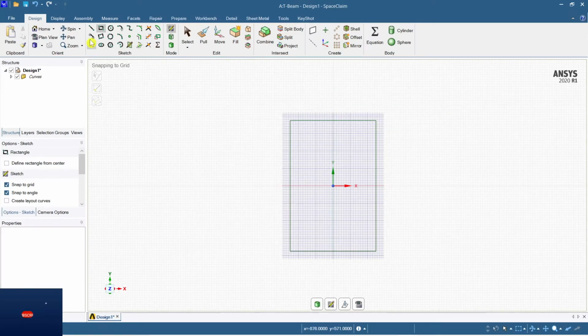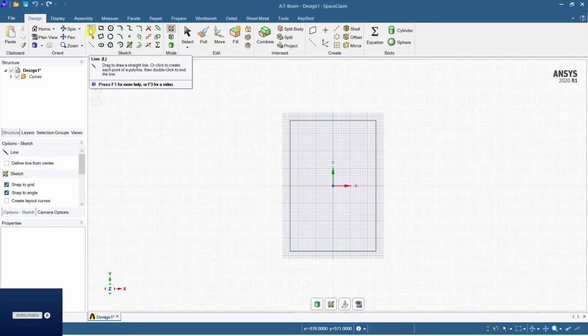Okay, fine. Now again we have to select a rectangle here. Or if it's not possible to select a rectangle, let's go for a line command here. That would be better.